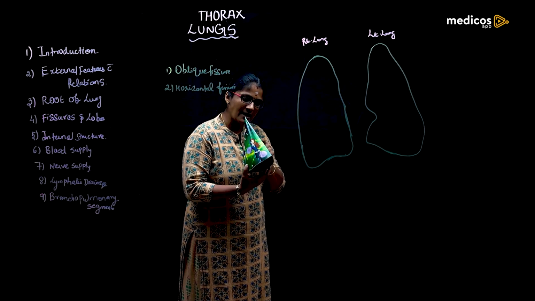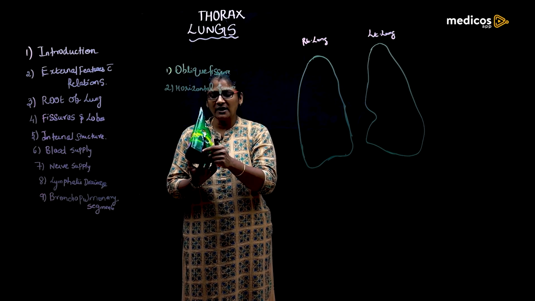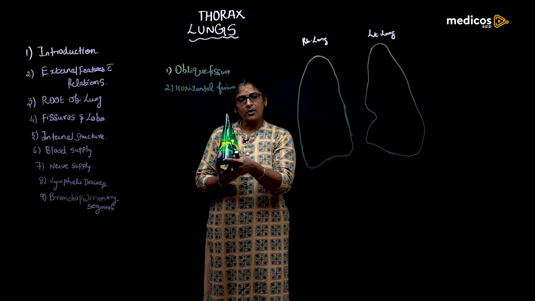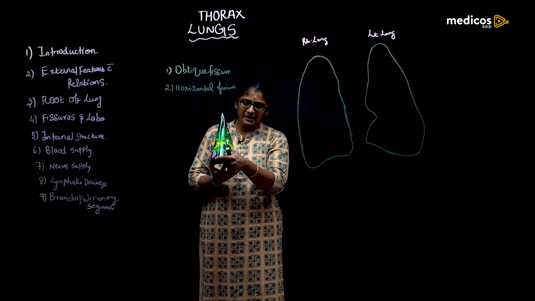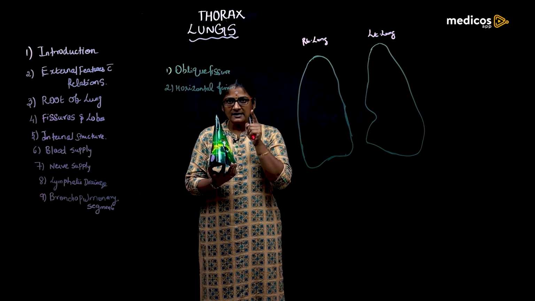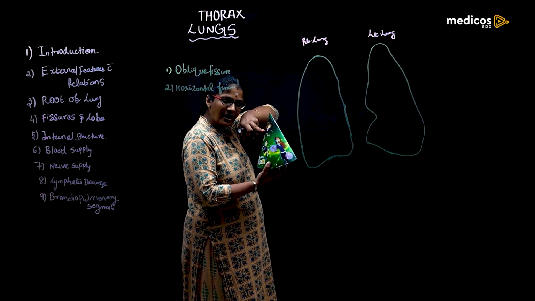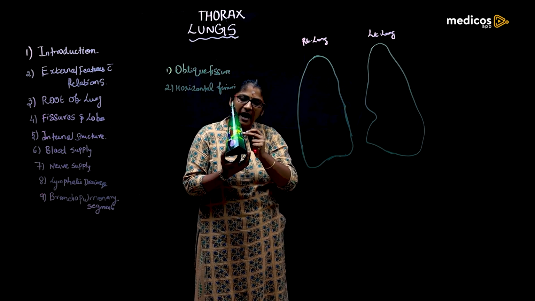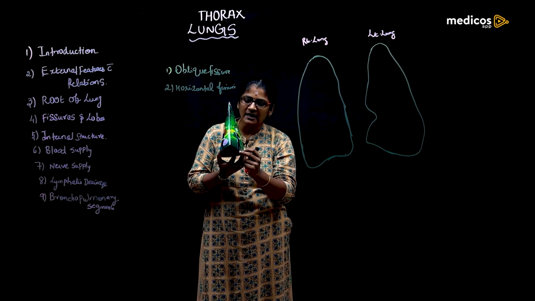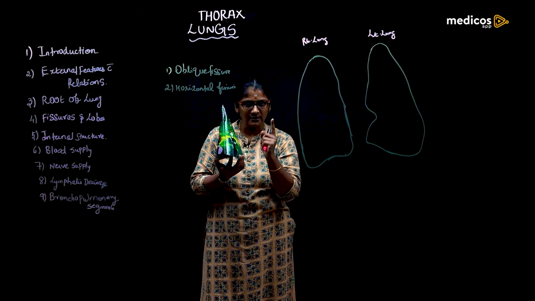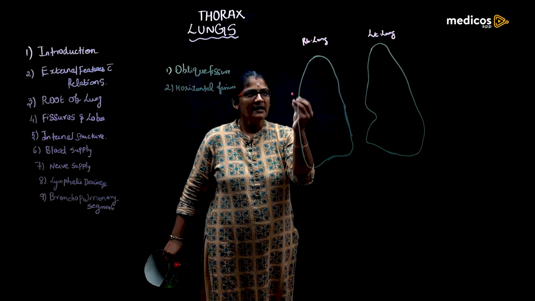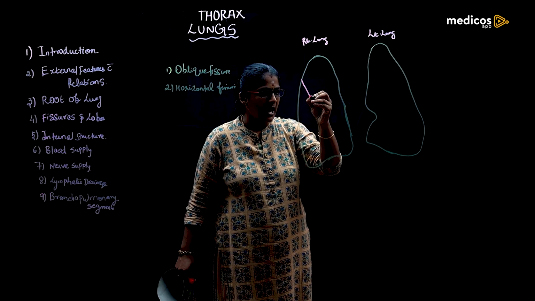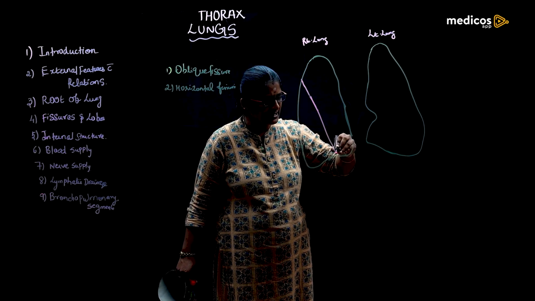and forwards, and reaches the inferior border about 7.5 centimeters lateral to the midline, that is, from the anterior border. I repeat: the oblique fissure starts from the medial surface, cuts the posterior border 6 centimeters below the apex, then runs downwards and forwards and reaches the inferior border 7.5 centimeters lateral to the midline. So this is the posterior border, 6 centimeters below, and it runs downwards and forwards